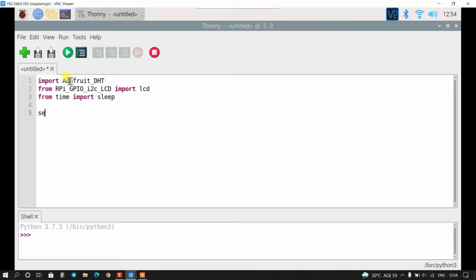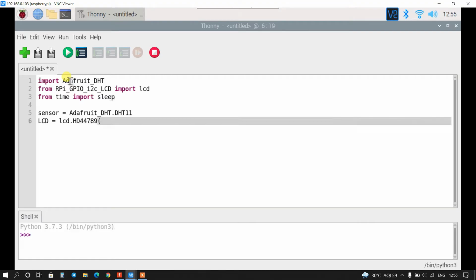Right, so first of all I will create an object. This is the sensor object. It is Adafruit DHT11 because I am using a DHT11 sensor. Now I will create another object, that is LCD, HD44780, because I am using a 16x2 LCD which supports this driver.